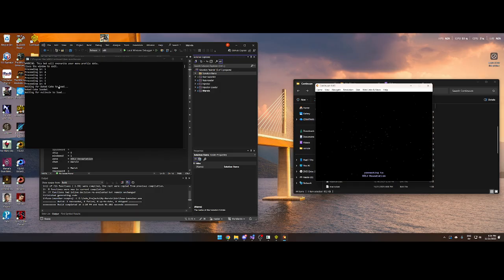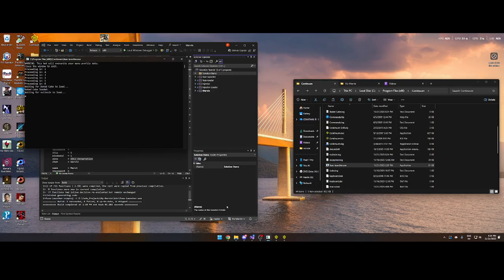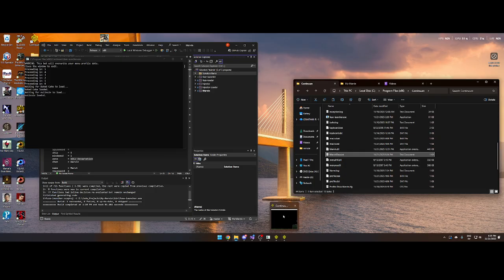And it waits. So it does wait. It's waiting for this to jump into the game. And then Marvin is actually writing to a file. So they're both writing to this data file. What it's doing is it's copying the data from this, it writes it to this data file, and then it launches Continuum. Then Marvin reads this data and just writes it directly into its own profile, and then